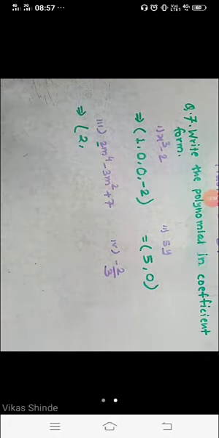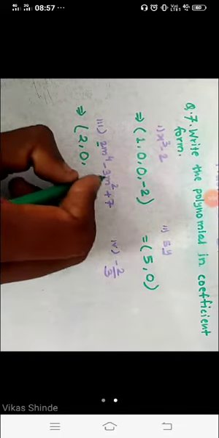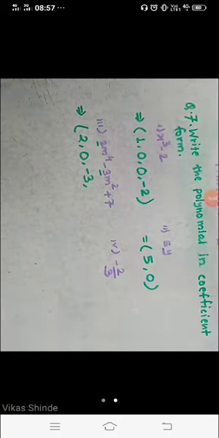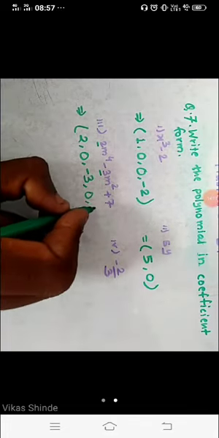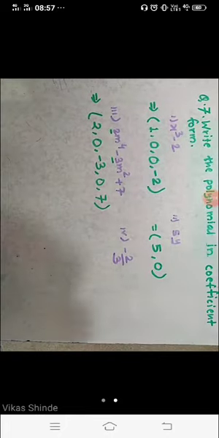So write 2 here. The third index term is not here, so that's why take 0. The second index term is here, coefficient minus 3. Be careful, take minus 3. After this, the first index term is not given, so take 0. And the last, 0 index term is given, here is 7. So write 7. This is the coefficient form of this polynomial.